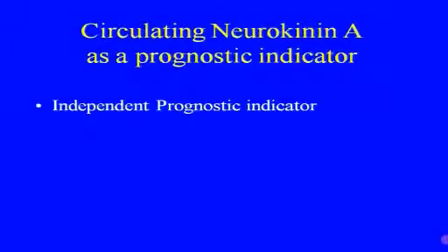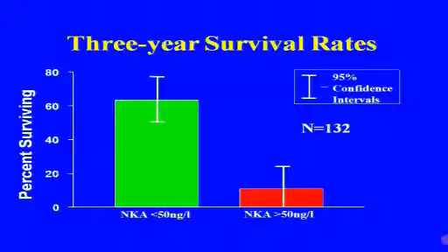And I just really want to say one more little piece, and I hope you'll let me say this because this is quite interesting. In Belfast, we've done a lot of work with the tachykinins. We found that neurokinin A is an independent prognostic indicator. It doesn't really depend on the number of tumours or the volume of tumours or where they are if it's a mid-gut carcinoid. Only secreted by mid-gut carcinoids, so it's very, very specific. That makes it very interesting.